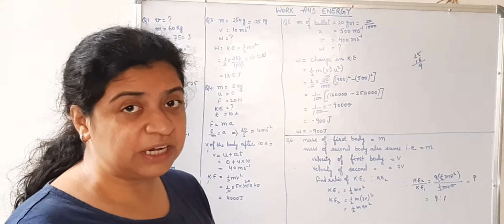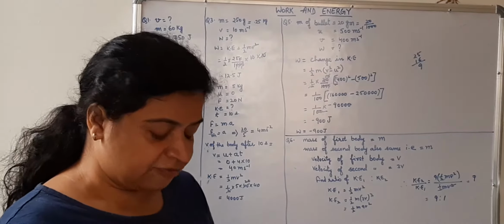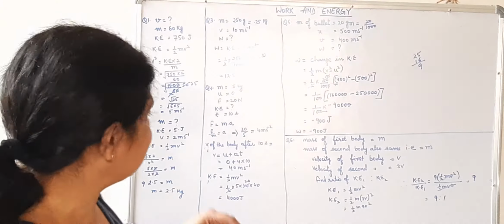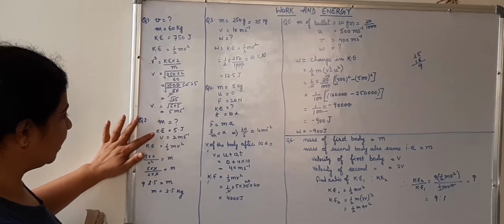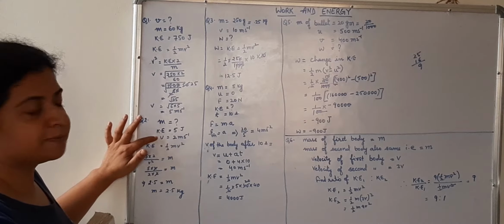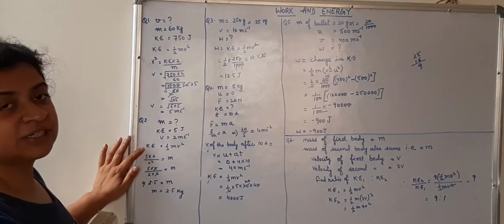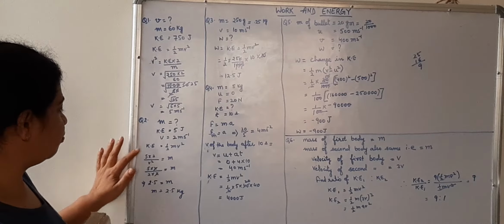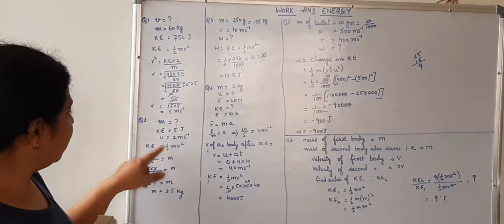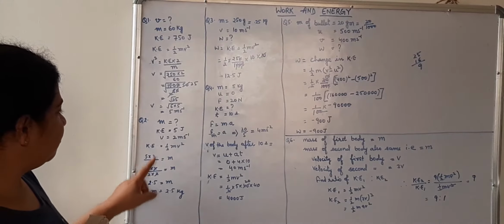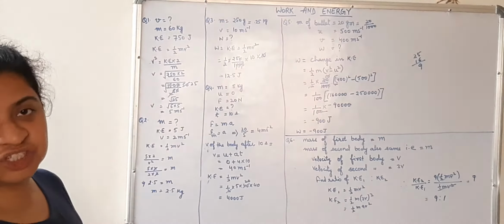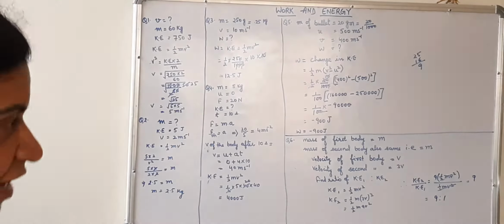Find the mass. In the second numerical we need to find out the mass of the body which has 5 joule kinetic energy while moving at a speed of 2 meter per second. Mass we need to find out, kinetic energy is 5 joule and velocity is 2 meter per second. Same formula, kinetic energy is equal to half mv square. I have taken 2 to that side. Value of KE is 5. 5 into 2 upon v square. v is 2 and v square is equal to 2 into 2. So this way I have got 2.5 kg. Mass of the body is 2.5 kg.